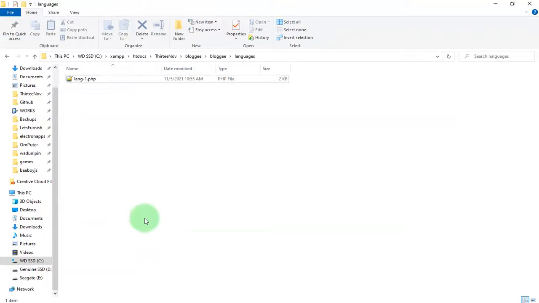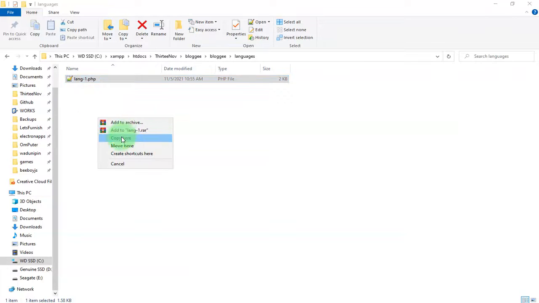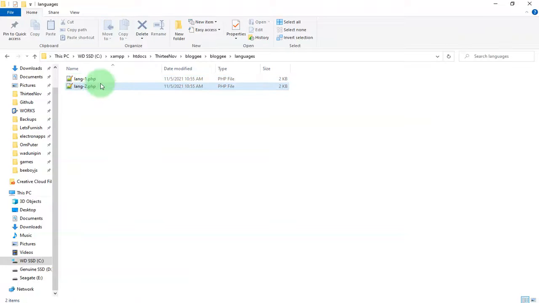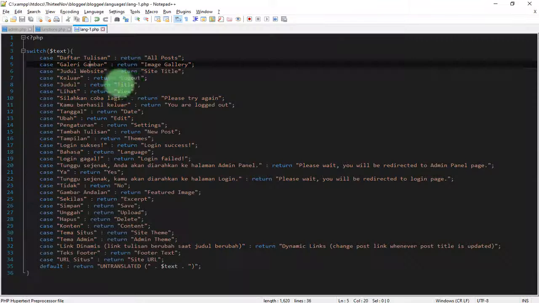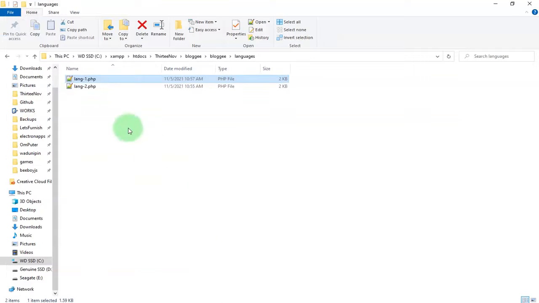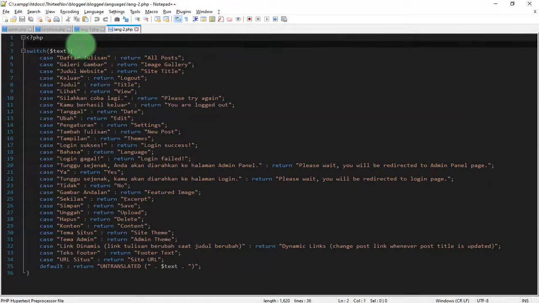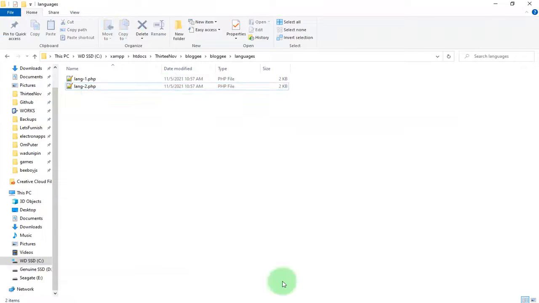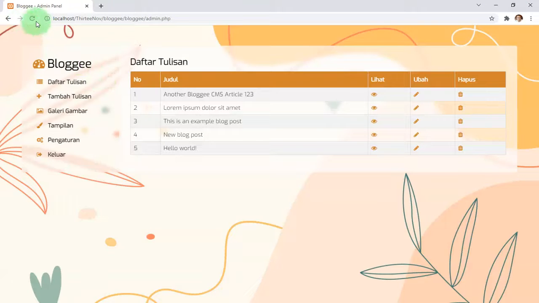Now the next thing is to duplicate this lang1.php file to make it lang2 for French. So here I will add a comment, English, and here for the second one I will add a comment, French. And if I refresh the blog again, the admin panel,